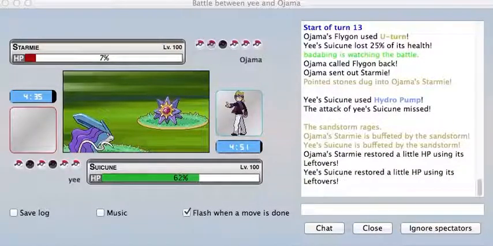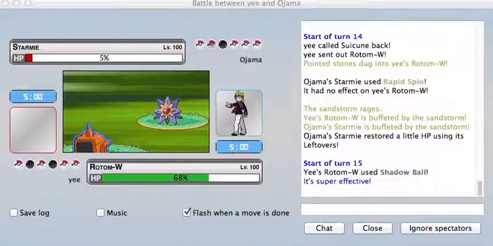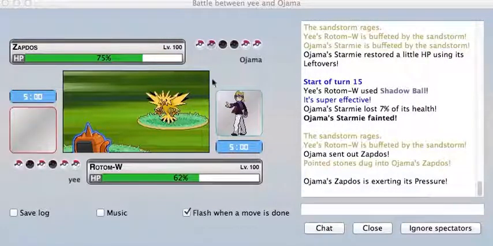And it looks like he's gonna try to sacrifice his Starmie, which was a good play, but Hydro Pump is gonna miss, and Yee is going to smartly go to his Rotom to prevent Ojama from spinning away those rocks, ensuring Starmie's death either by Rotom or by Stealth Rocks later, and Ojama is just going to sacrifice it. And now he's going to go to his